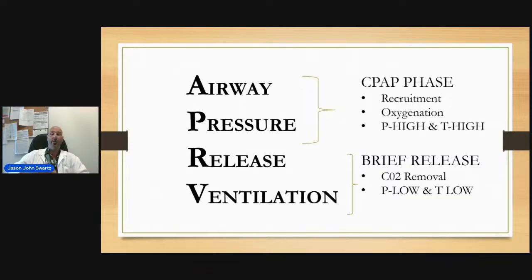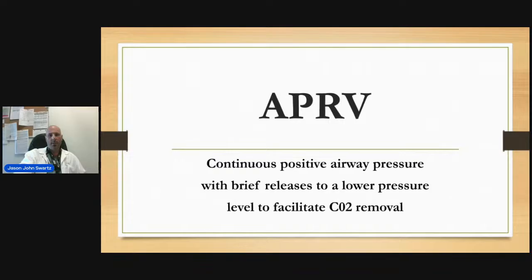Because you're not allowing the flow to go to 0, meaning you're creating on purpose auto PEEP or air trapping, then we do an expiratory pause, and that is the measured P low. So though the P low is set at 0, we're purposely terminating quite briefly in the expiratory phase, the flow, and this creates a measured P low. So again,